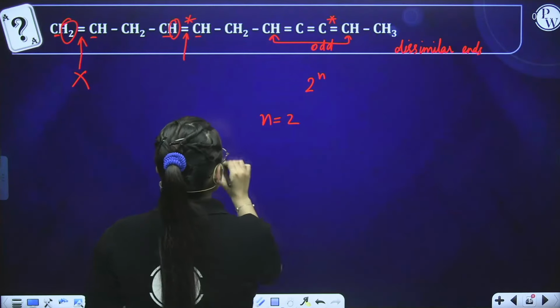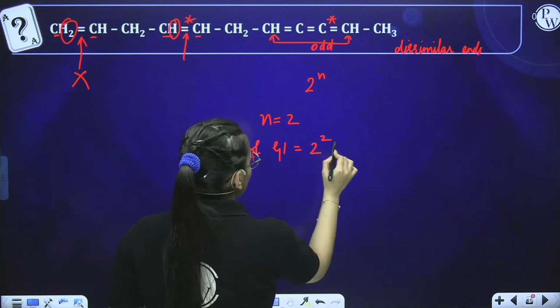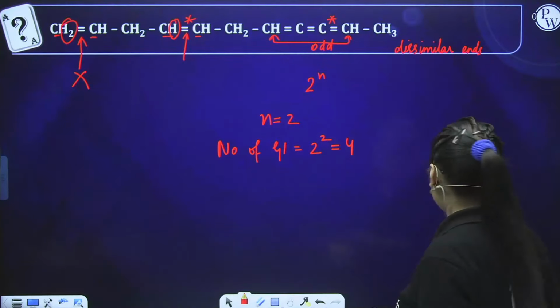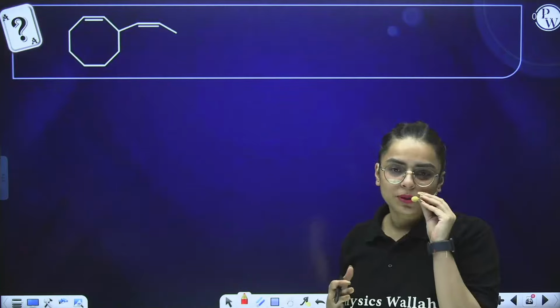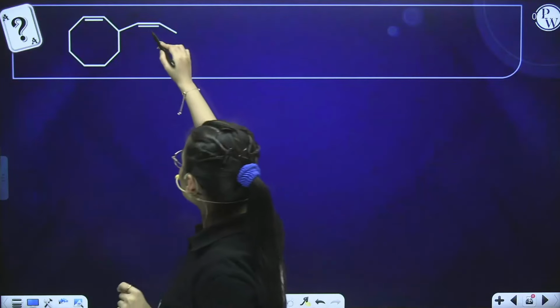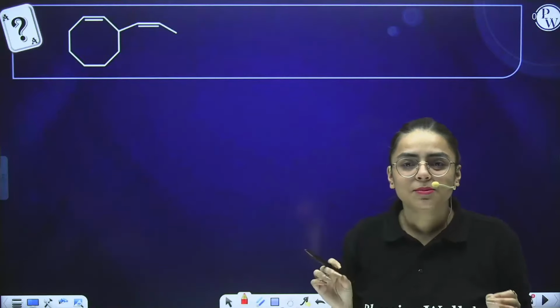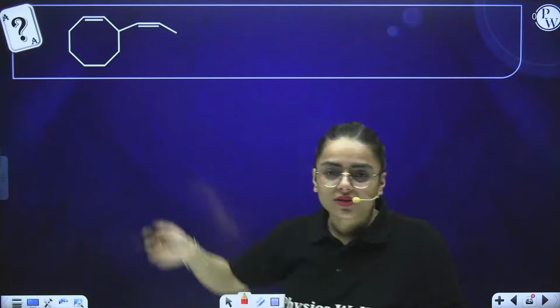So, what is the number of geometrical isomers over here? 2 raised to the power 2. That comes out to be 4. Hope it is clear to you. Okay. Now comes a quite different case for you people. Let us see. First of all, we will see if it is dissimilar or similar. So it is obvious that it is dissimilar. Why is it dissimilar? Because if you start from this side and if you start from the other side, they